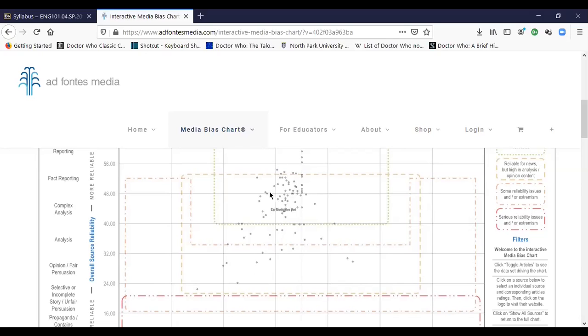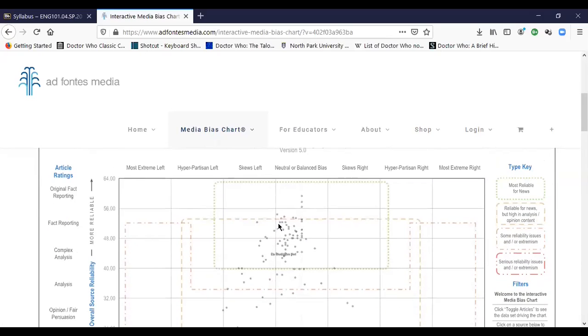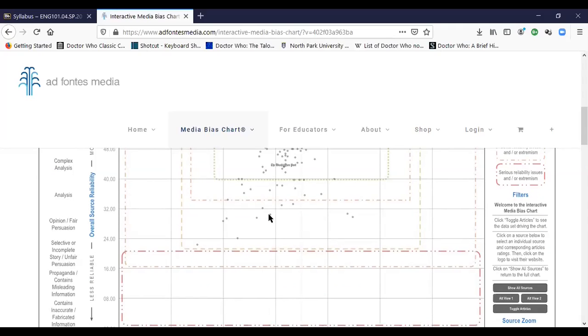If you see a lot of dotting around here, then you know that their bias is mostly neutral, but skewing to the left somewhat. And if you click on each of them, you're going to see what sort of story it's going to be. Over here, it's going to be original fact reporting. This is going to be fact reporting, complex analyses, analysis pieces, and opinion pieces. And you notice that it's the opinion pieces that are going to skew to the left and to the right most in a publication like this, because of course, an opinion piece does, by its very definition, have bias.